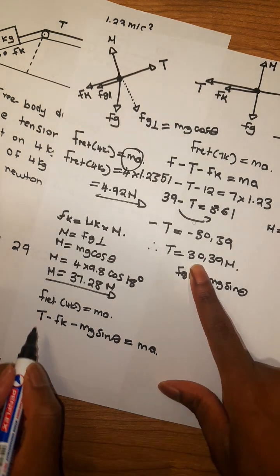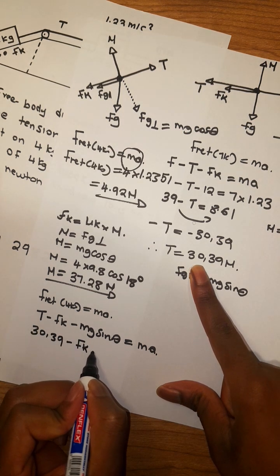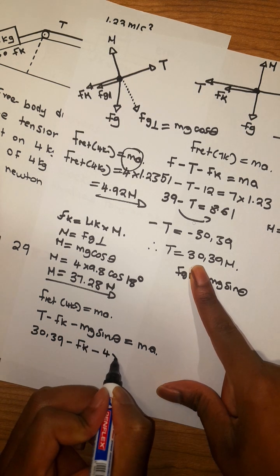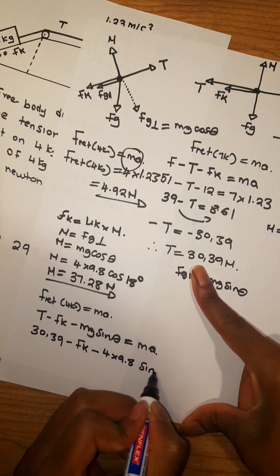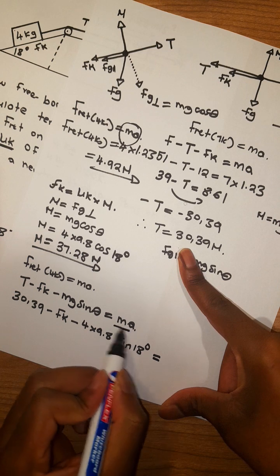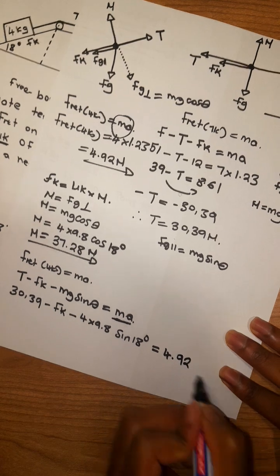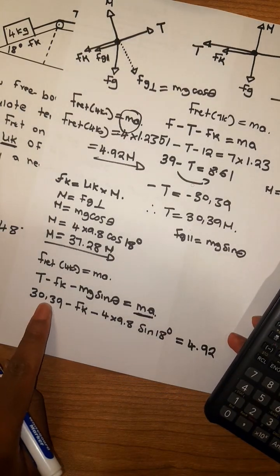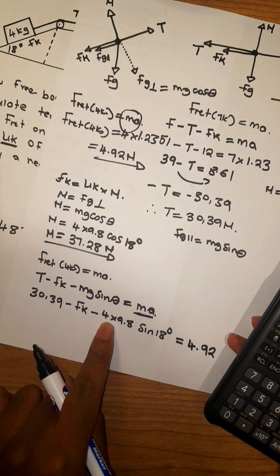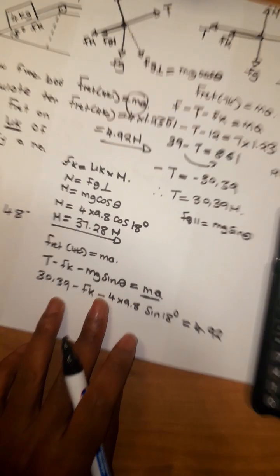We've already calculated tension to be 30.39. We are looking for frictional force. What is mg sine theta? m is 4 multiplied by 9.8, the sine of 18 degrees. Yes, the 18 that I'm talking about. And we have already said ma equals 4.92. So I'm just going to put 4.92 in here. So 30.39 minus 4 multiplied by 9.8, the sine of 18 degrees. What do I have? I have a value of